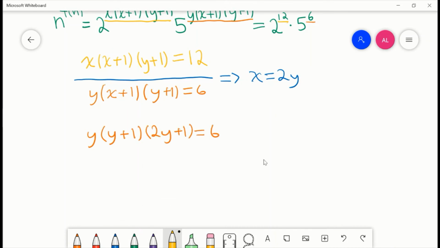Now what we can do is just plug in values for y, and right off the bat we see that y equals 1 works. 1 times 2 times 3 is equal to 6. But as mentioned in the previous part of the video, I'm not a guess and check type of guy. And I don't want to factor out the cubic, so what I noticed, this is really clever, is that y times (y plus 1) times (2y plus 1), all over 6,